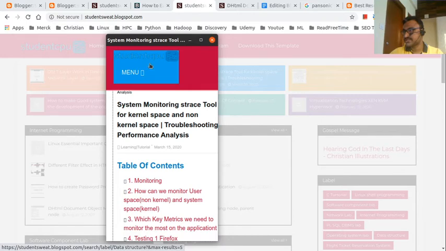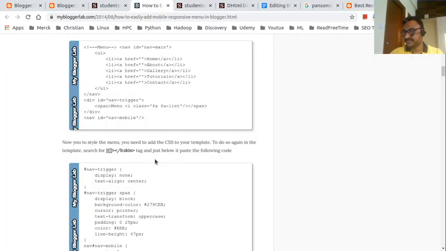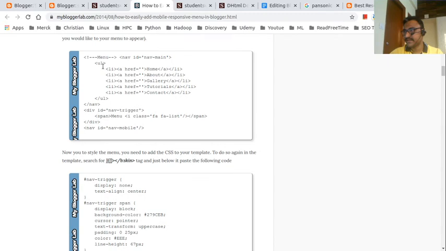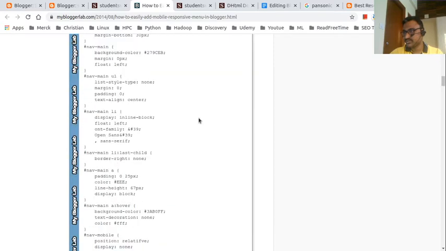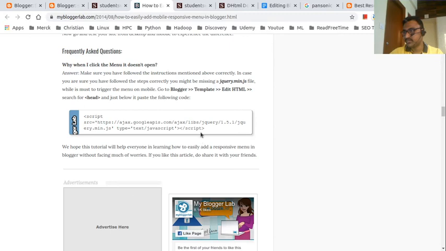You can look at this, the mobile menu will be completely different. I have fixed this problem also using some other site. I didn't have any idea how to do it, and I got an idea from here. For this I have to add a CSS style script, then later I have to add this XML tag in the tag, then I have to add a JavaScript above the header tag, then one more JavaScript above it.